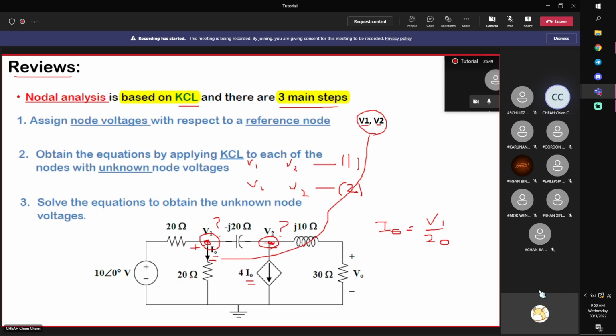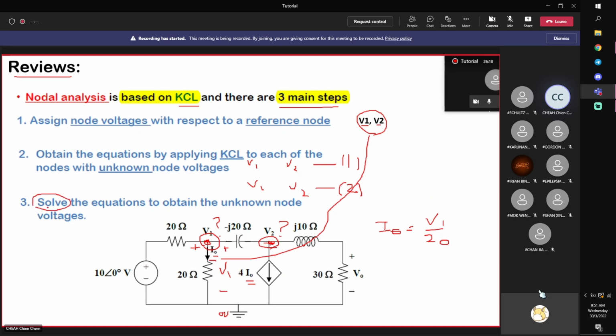This is V1 because the other end is 0 volts, so the voltage across it is V1 minus 0, divided by 20, is I0. Then I0 can be expressed in terms of V1, so you can get the equation in terms of V1 and V2. Remember, the whole idea is to write down equations in terms of the node voltages